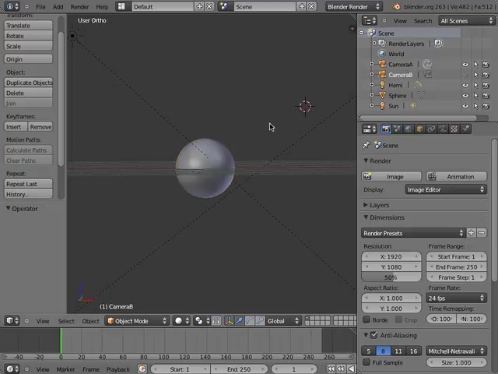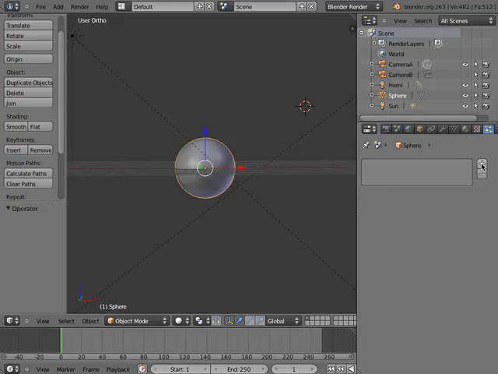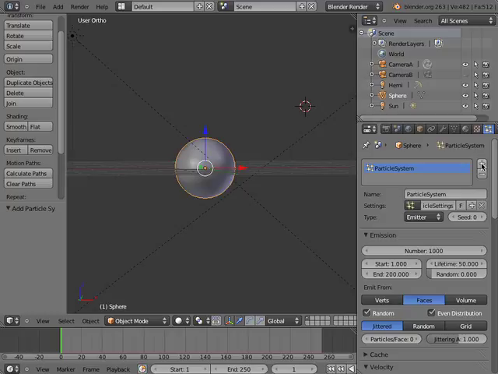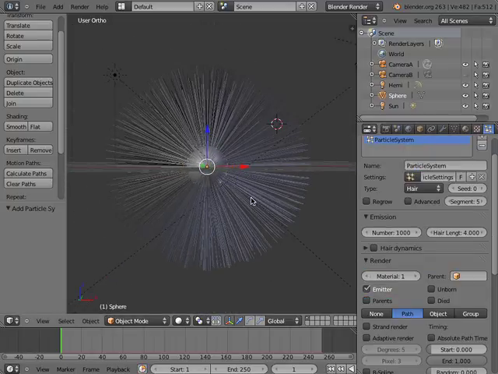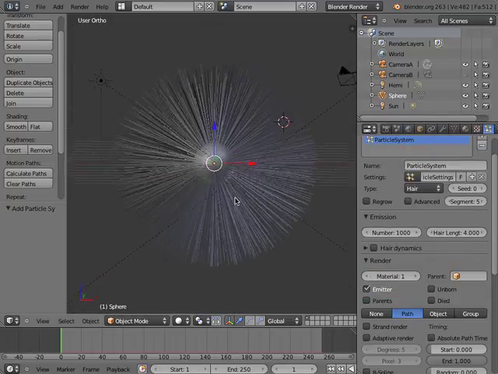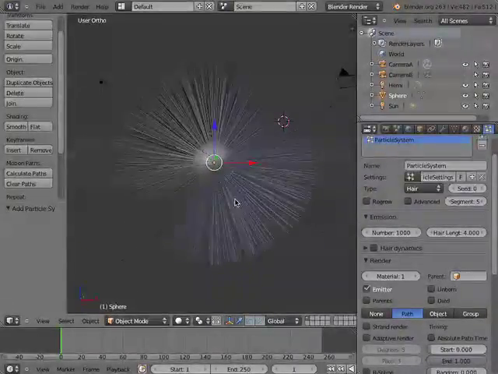I will select the UV sphere object and go to the Particles editor and click on the plus sign and create a new particle system. Under Type, I'll select Hair. As you can see, Blender displays a number of static particles, displayed as lines, emanating from the UV sphere object